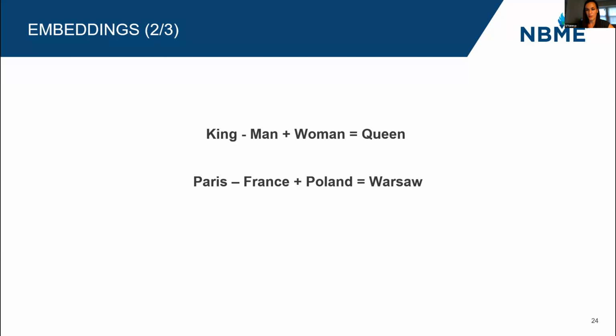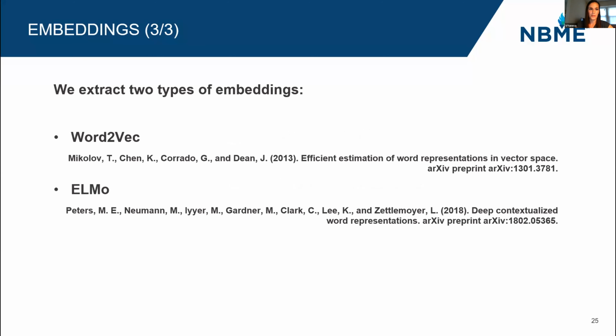In our case, what we do is we map the words in our items to such vector representations that have been pre-trained using large collections of texts. And then we use mean pooling to derive a single item representation out of these many vectors. And without going into any detail, we use two types of embeddings called Word2Vec and ELMo. They're slightly different from each other in that ELMo captures a little bit more context. If you're interested in more details about the specific models, you can find out more in these two papers.